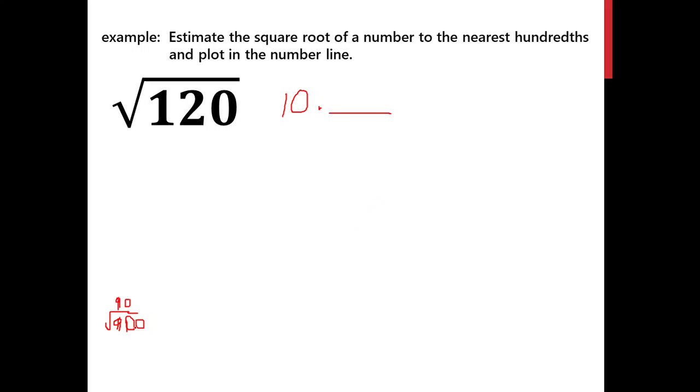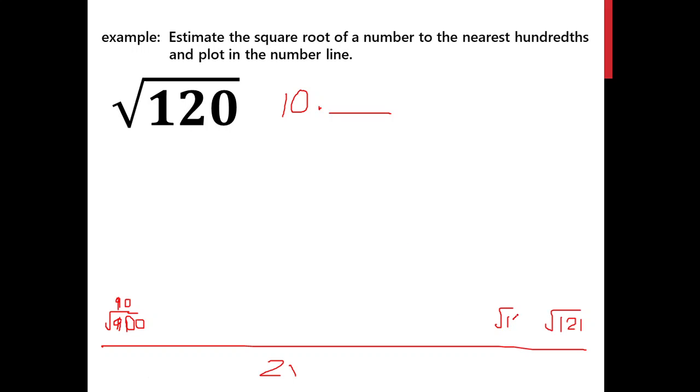So let's go ahead. What's the next perfect square after 100? That will be 121. Okay, the square root of 121. So let's try to find the distance from 100 to 121. So it's obviously subtracting this one by this one. So 121 minus 100 is 21 units away. Now how about 120? So 120 is here. So let's go ahead and subtract 100 from 120. So that's 20 units away.